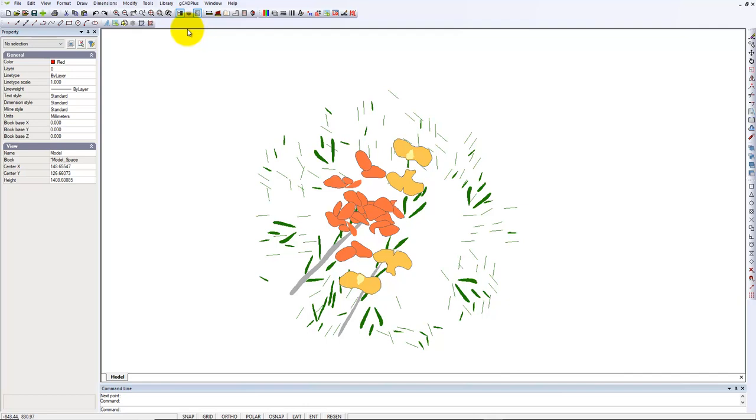So I hope that helps in making a symbol which suits the gCADPlus environment. You can put it into your library under plants and named species. So there's a list of